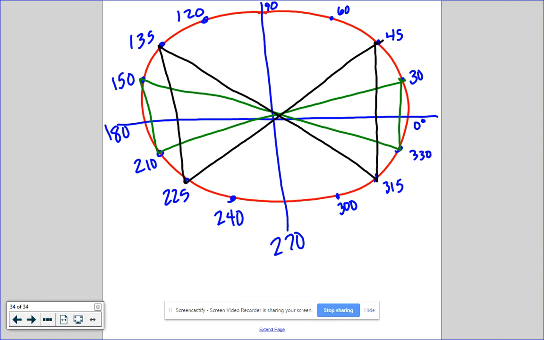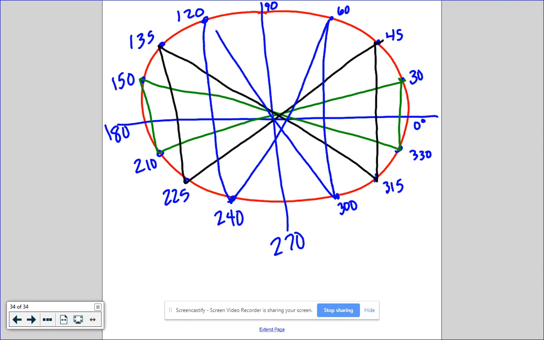Okay? So then what do we think the last bow tie is? 60. Okay? And the last one is 120, 240, 60, and 300. That bow tie is all 1/2 comma square root 3/2. And then it's just a matter of positive, negative, negative, negative, positive, negative. Okay? So again, as I told you when we talked about this last Friday, if you learn the first quadrant, you can do the rest of the unit circle. You just have to know when stuff is positive and when stuff is negative. I don't know if that